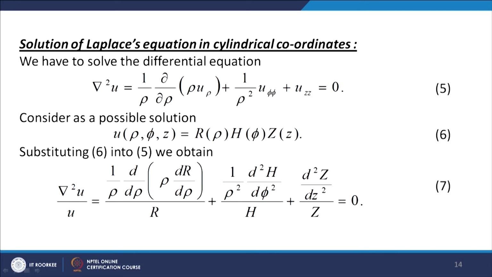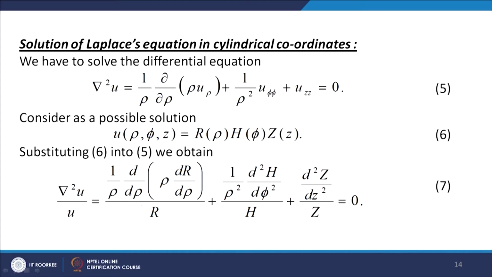When we substitute this solution u = R(rho) H(phi) Z(z) into this equation and divide by R H Z, then what do we get? Del squared u by u is R H Z. So we will get (1/(rho R)) d/d rho (rho dR/d rho) plus (1/rho squared)(d squared H/d phi squared)/H plus (d squared Z/dz squared)/Z